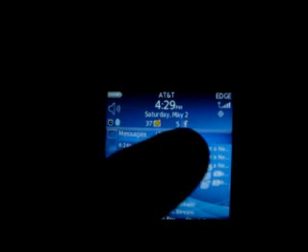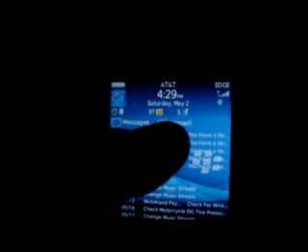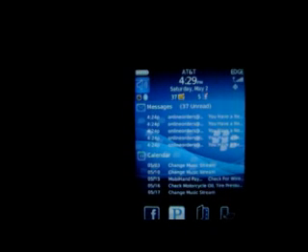First of all, basically up top here, you've got your battery, your profiles icon, alarm clock, Bluetooth, your carrier, time, date, and any new indication as far as messages go, Facebook, call log or missed calls, anything like that is going to show up there. Text messages, all that stuff will show right there. We've got the cell signal over here, and then down below that you've got first your